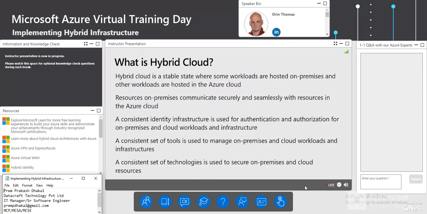So just as I said, you don't have a different toolbox for managing on-prem as opposed to managing the cloud. You have